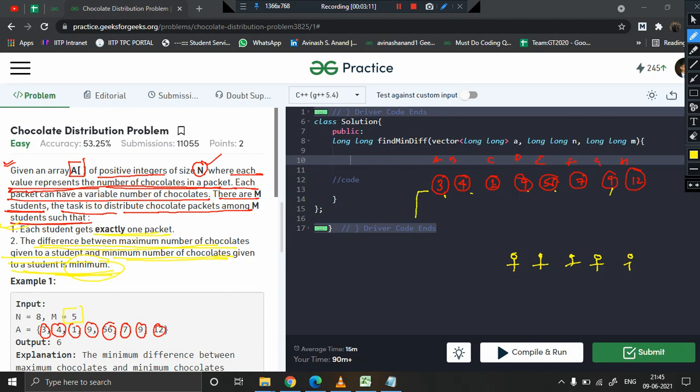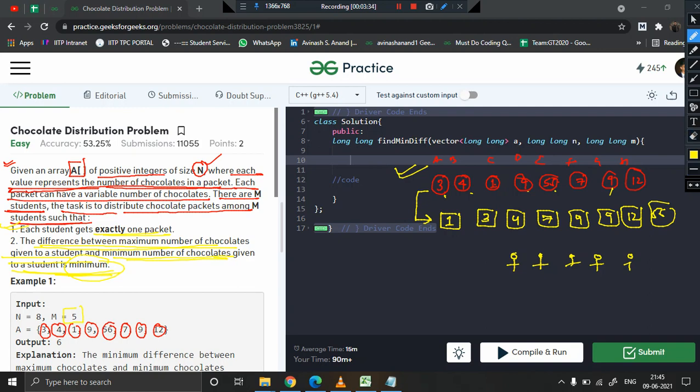We should sort the entire array. Sorting this array will help me get the chocolate packets in ascending order: 1, 3, 4, 7, 9, 9, 12 and 56.